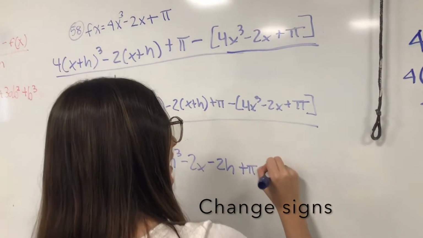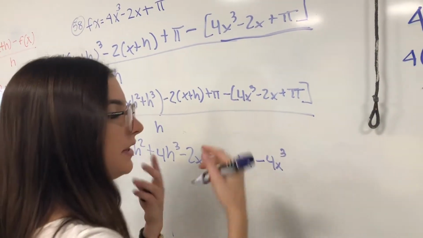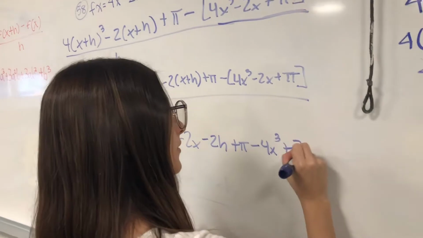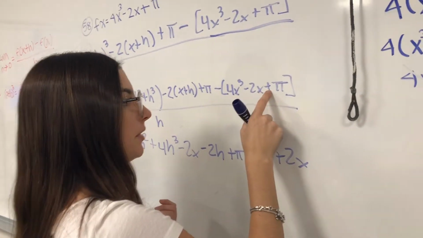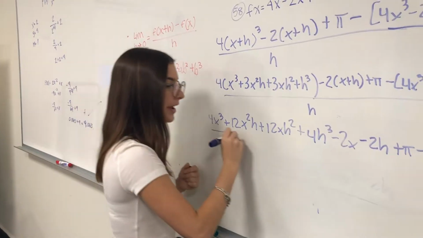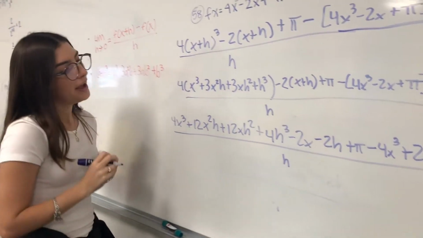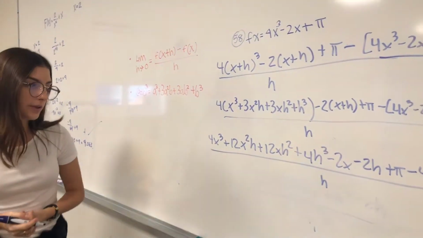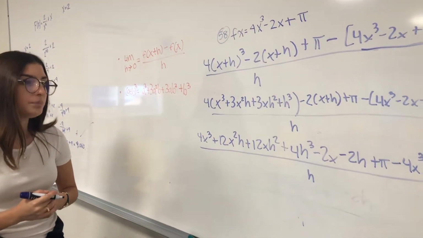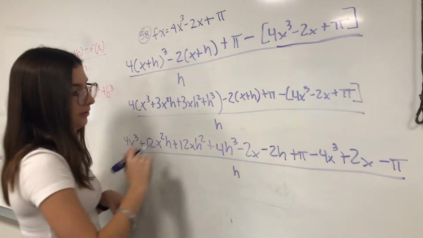So we have a negative 4x to the third, then a negative times a negative is a positive, so positive 2x, then a negative and a positive is a negative, so negative pi. And all of this, of course, divided by h. And now what we're going to do is cancel the ones that add and then subtract themselves. So